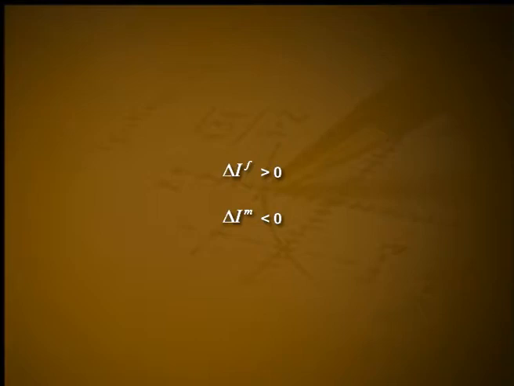Lots of different scenarios are possible with this model. For instance, we will find that it is possible for delta IF greater than 0 while delta IM less than 0. That is, the female population experiences an epidemic as the disease decreases among males. Of course, if IF increases, we might expect that after some time IM would increase too. A bit later, we might have delta IF less than 0 and delta IM greater than 0. Some cyclical behavior in the size of the infective classes is possible. In fact, though, this SIS model usually moves toward equilibrium quickly.